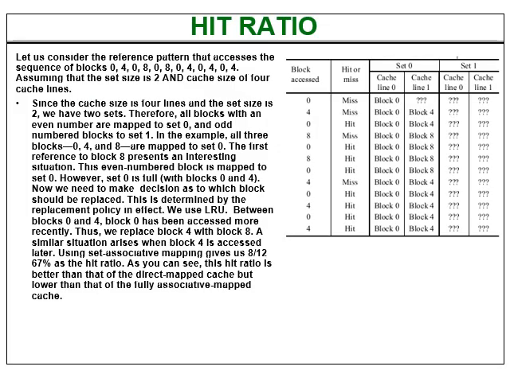Same example, using now the set associative mapping, considering the set size as 2. So there will be 2 sets, set 0 and set 1. Each set will have 2 lines, cache line 0 and 1 in each. Now, using set associative mapping, we get 67% as the hit ratio.